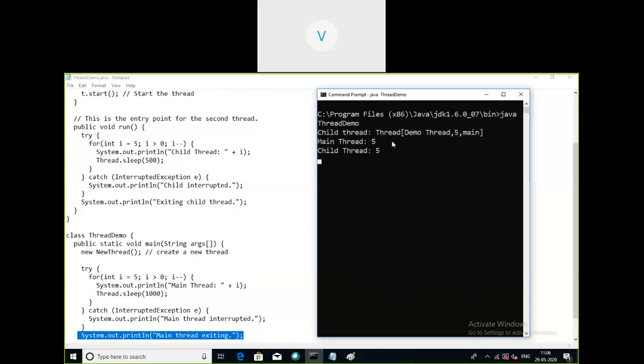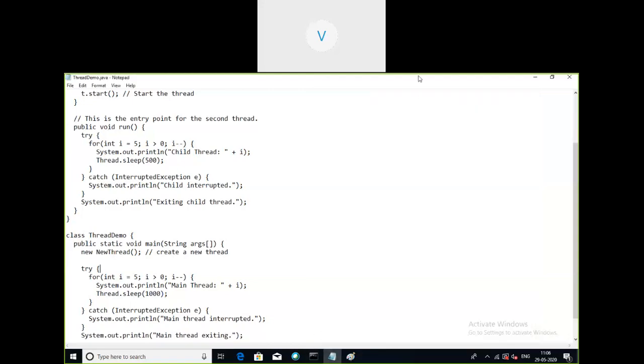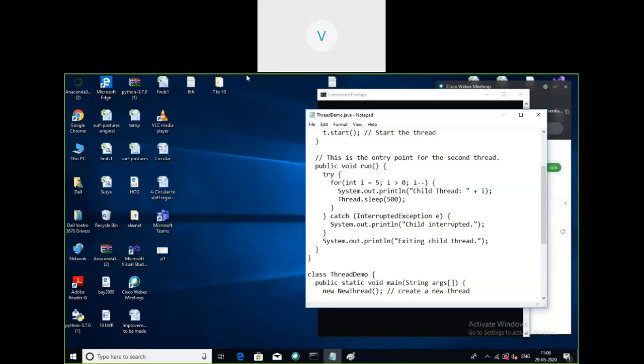As you can observe here, after every statement, the sleep time we have given and the outputs are changing, because two threads are running parallelly. What are the two threads? One is the main thread and another one is the child thread. Now, as per this output flow, I will explain this code once again because now we have the output parallelly. This will help us to understand the program.